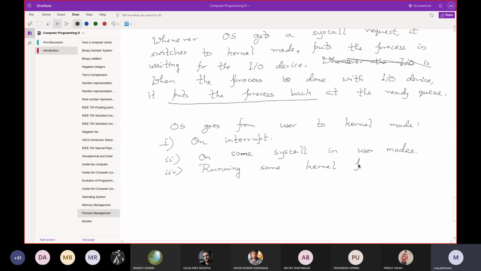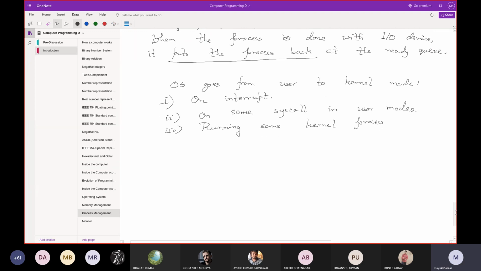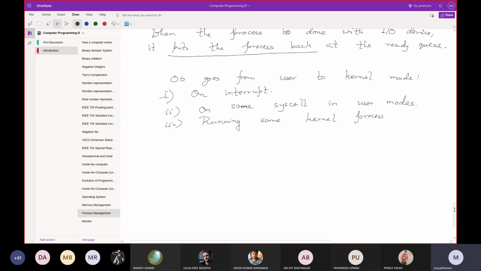That means it is going to context switch from the current process. The next process it sees is a kernel process. It will have to go to the kernel mode.